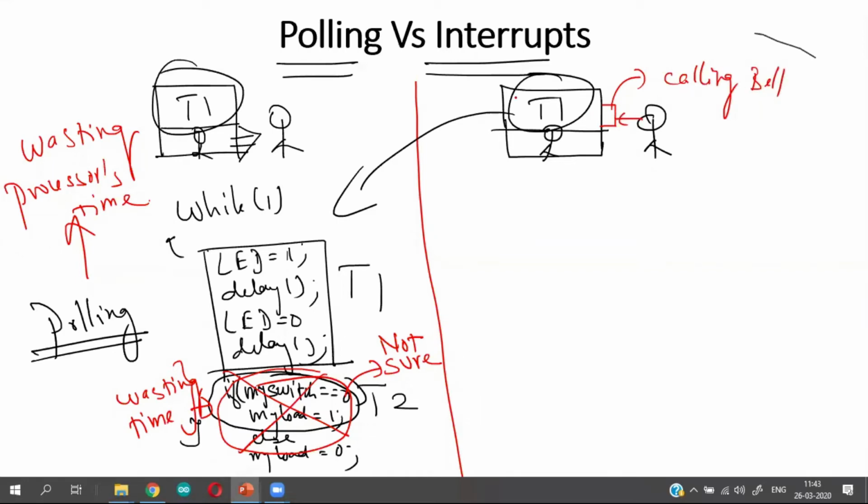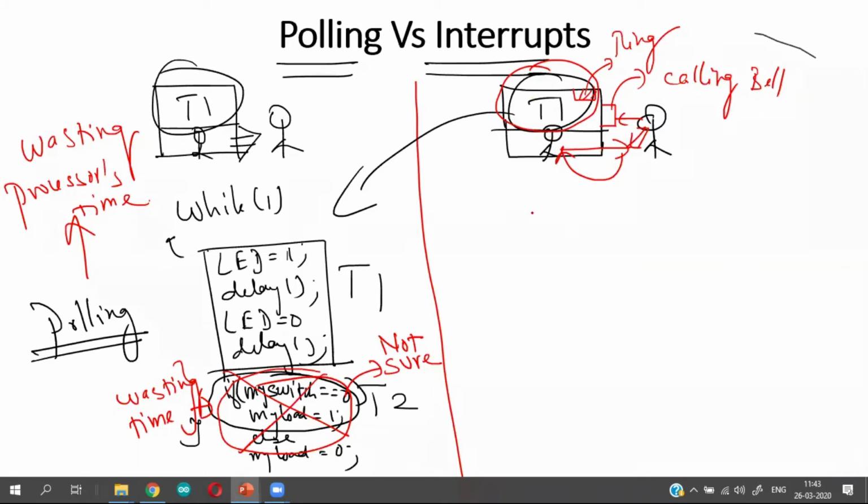Once they press the calling bell, I immediately get an attention here because I have the calling bell ringing. Then I stop whatever I am doing, which is delivering the lecture, go out, have information exchange, and then come back and start whatever I was doing.